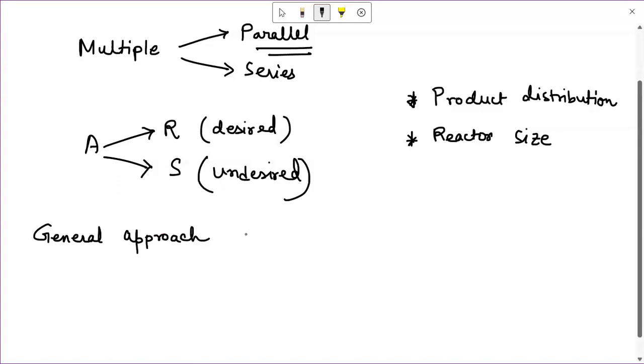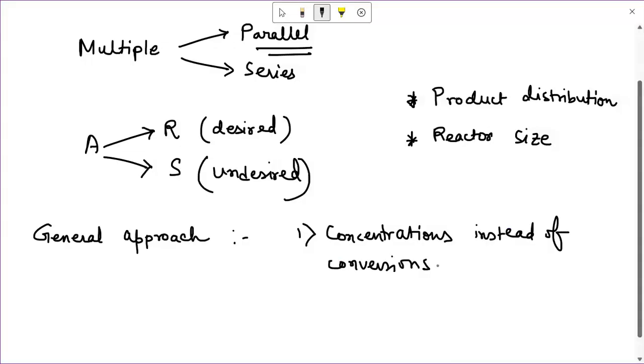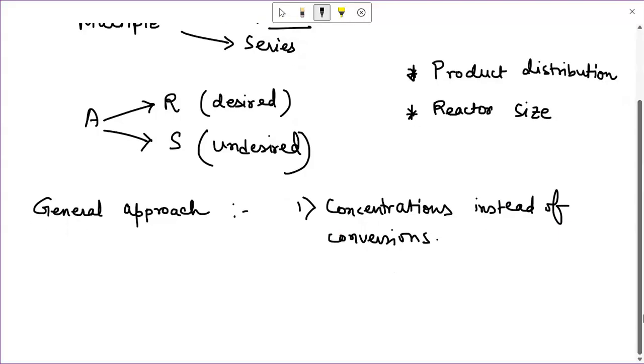First of all, we will target to deal with concentrations. It is much easier to deal with concentrations instead of conversions. So whichever quantities are given to us for a particular case, we'll try to convert the conversion terms to concentration terms. And second is to examine the product distribution, and to do this we will